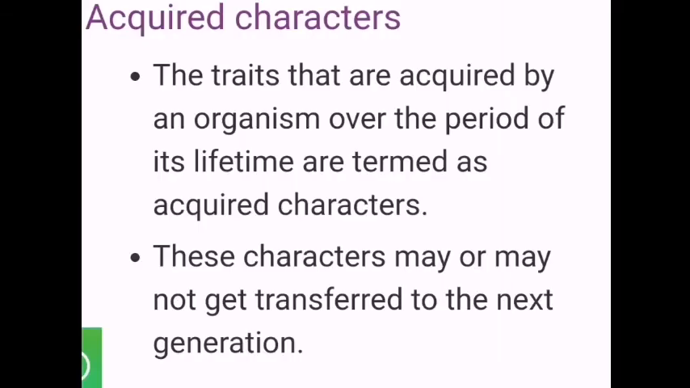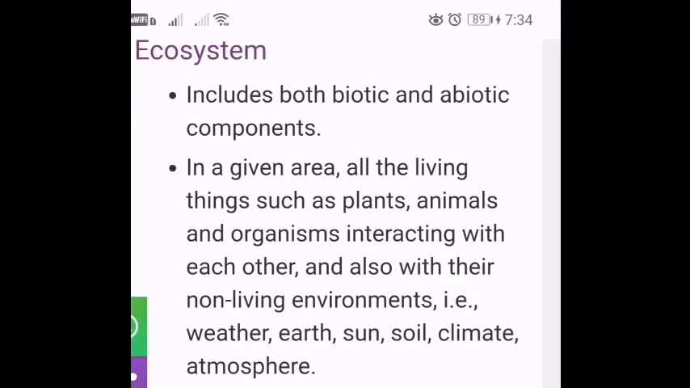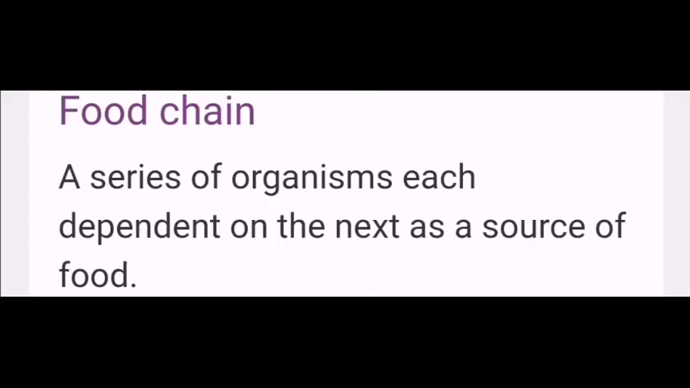And the next is sex determination, acquired characters, inherited characters or inherited traits, etc. The next chapter, Our Environment. What is an ecosystem? Biodegradable waste and non-biodegradable waste, food chain,